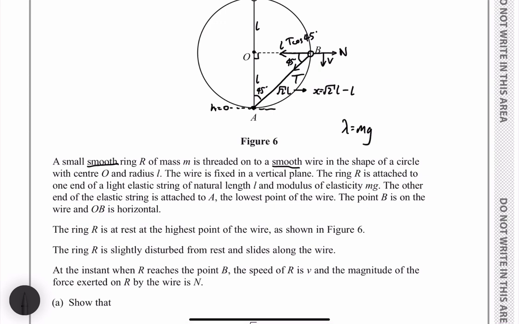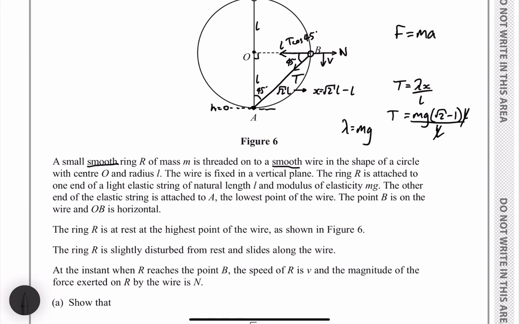because we don't know T, but we do know that tension is equal to lambda x over L. That's mg, and x at this point is root 2 minus 1 lots of L, over L. And if this were in equilibrium at this point, that would be quite useful, because multiplying this by cosine 45 would give us N. But it's not in equilibrium. This is moving, and it's moving in a circle. So we've got an inwards force